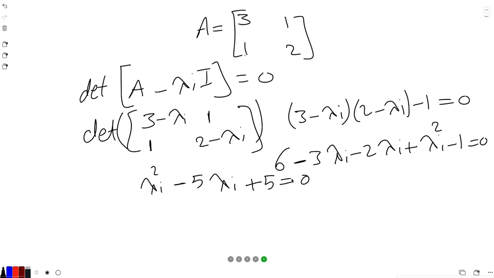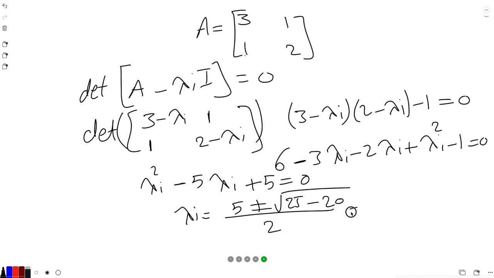And now lambda I equals 5 plus or minus the square root of 5 square, which is 25, minus 4 times 5, which is 20, divided by 2, so it will be 2.5